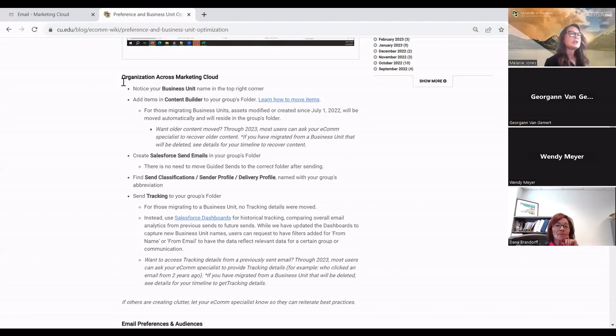So the first two pieces, we'll just go ahead and look in real quick, and I'll be in my account, is the business unit name might be a little different than what you saw yesterday or previously. And then we're also going to take a look in Content Builder. So we'll find a folder structure there as well as some of your previous assets. So let's go ahead and